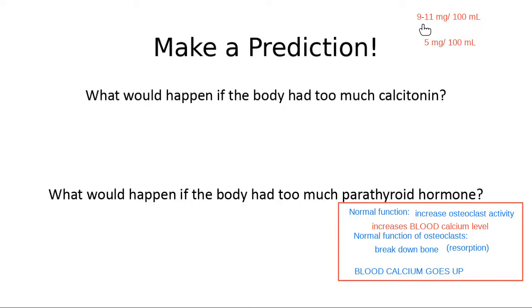Okay, so keep those things in mind. Number one, the goal of parathyroid hormone, elevating blood calcium, making blood calcium go up. Number two, the way it does it, telling those osteoclasts to kick into gear. That's going to make calcium go up because osteoclasts break down bone. When I break down bone, that frees up the calcium that's in the bone tissue to go into the bloodstream.